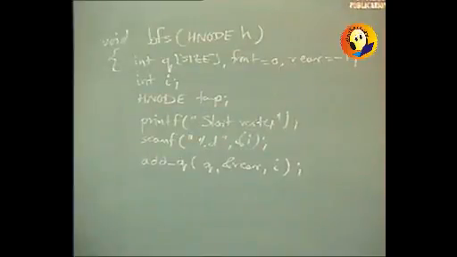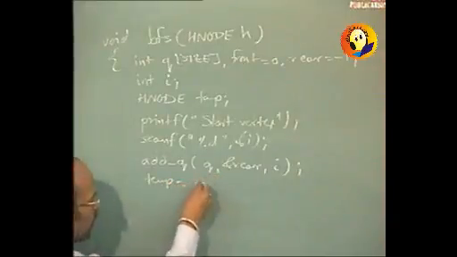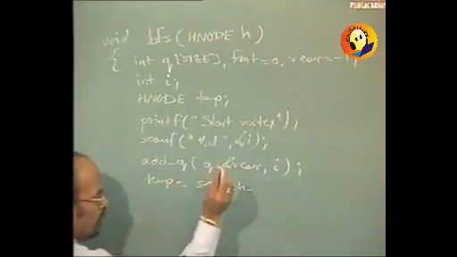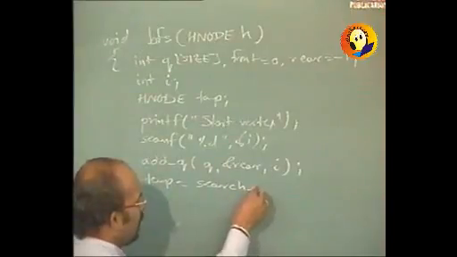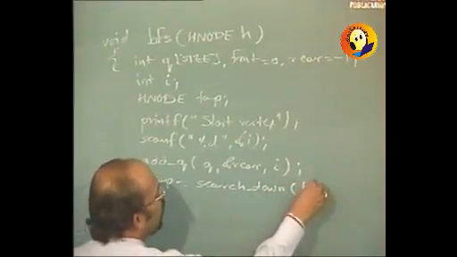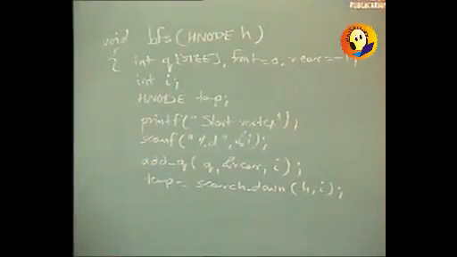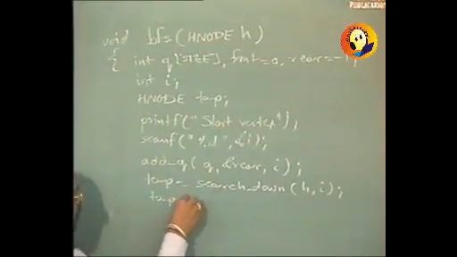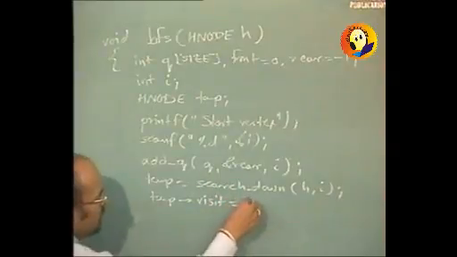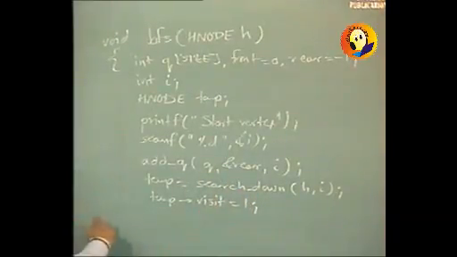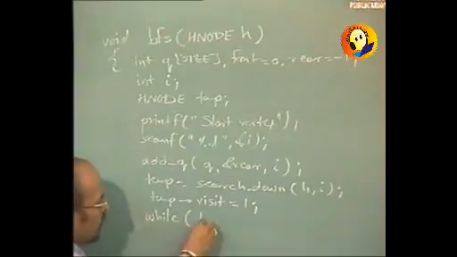Now you will have to mark the ith vertex as visited. That you will have to search. You will have to search for vertex I in the down list, because there we have kept the visit flag. So search in the down list for vertex I. Now you will definitely find it, because the graph has already been generated. And then you will have to mark temp arrow visit as true. Over there it was visited square bracket I equal to 1. Okay, and then I will just say while not q empty